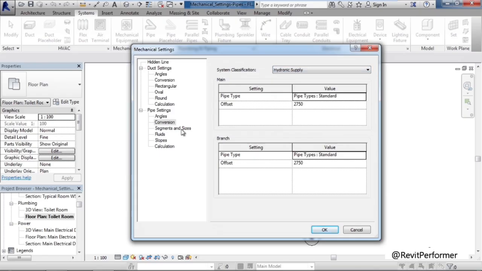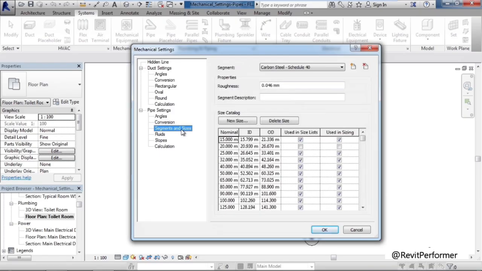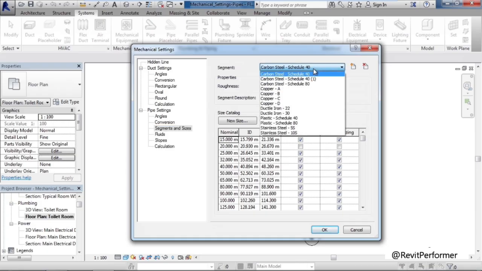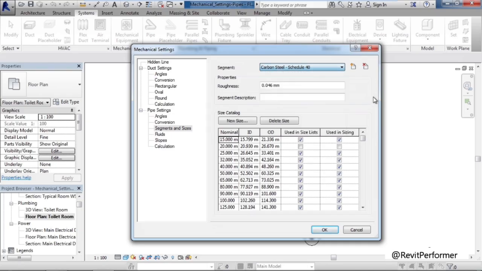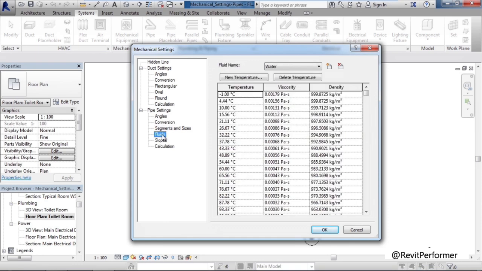Conversion is segmenting sizes. This is where you're defining by material the type of sizes, inside and outside diameter, and where used piping segments. As you can see on the very top, I have a drop-down for a variety of different types of materials that are used with my piping. Below that is a table listing all of the allowable sizes I can use for the pipe segments.